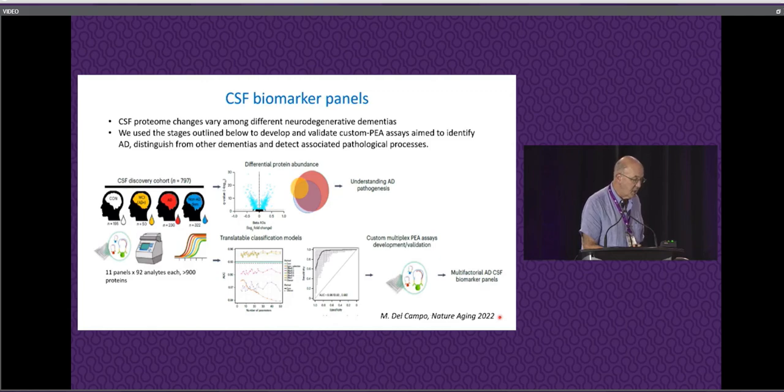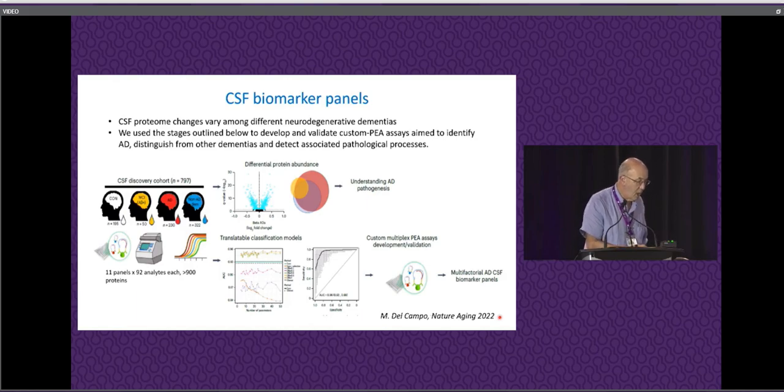And this particular study originated from work published by Marta del Campo in 2022 using 11 different Olink panels. This seems kind of ancient. These were 92-item Olink panels at the time, and clearly there are more highly dense ways of probing the proteome. But anyway, this looked at people who were clinically and biomarker characterized: control, MCI, AD, non-AD, and differential protein abundance was looked at,